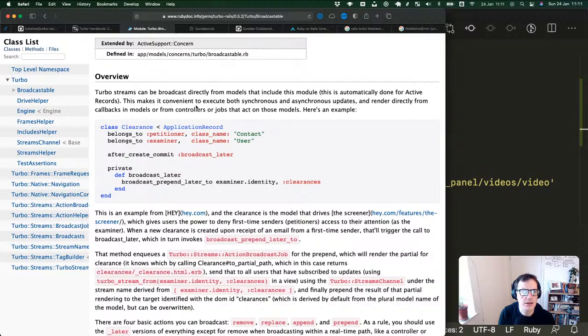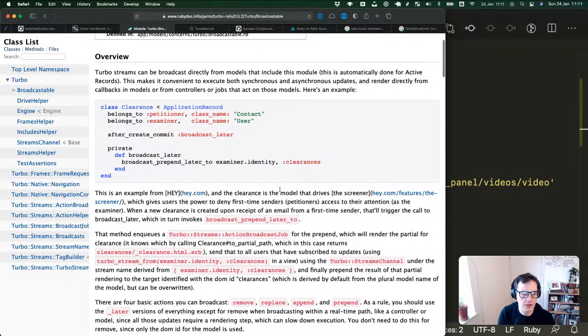Let's module it automatically to make this convenient for both synchronous examples. So it's broadcast later, broadcast prima 2 later, examiner.identity. When a new clearance is created upon receipt of an email from a first time sender, that's a job for the prepend, which will render the partial for clearance. It knows which by calling clearance.to partial path, which I'm guessing it gets from the class that's been called on. Send that to all users that have subscribed to updates using TurboStream from